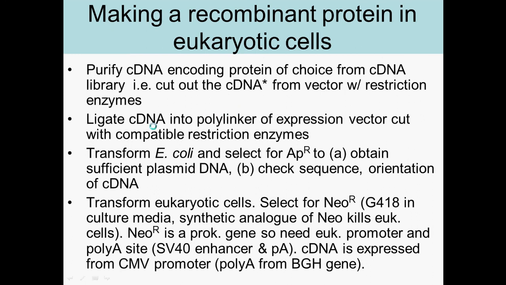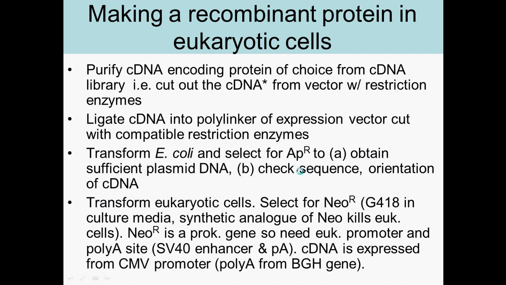a vector. So you cut the cDNA with the same restriction enzyme as the cut you made in the vector that you're going to use to have it expressed in the eukaryotic cells. So first what you do is you transform E. coli with the vector, and then you select the right E. coli cells using ampicillin resistance, and